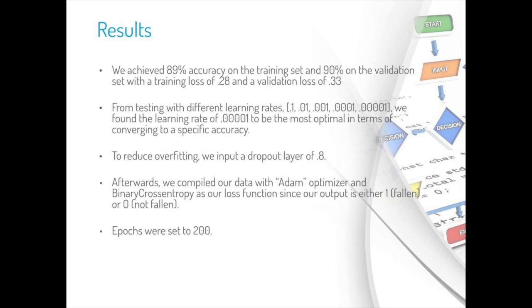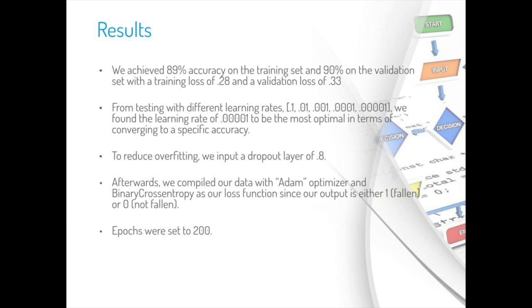From our research into modeling our data, we found the following elements to provide us with the best results, being 89% on the training set and 90% on the validation set, and a training loss of 0.28 and validation loss of 0.33. See Figure 3 and Figure 4. We also found a decrease in overfitting and an increase in validation accuracy from foreign data not similar to the training set, from using the Xception model, a model trained on millions of pictures of objects and people, to train our model.